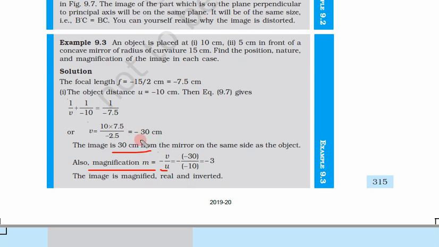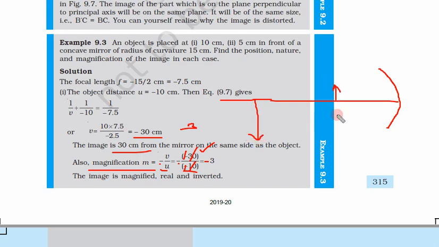So we have calculated v is equal to minus 30 centimeter, and there is one minus because of this formula, and u was already 10 centimeter but on the left side, so minus 10. So one minus and one minus get cancelled. 30 divided by 10 is equal to 3. So minus 3. So definitely this image, so this was our object, this image will be 3 times larger but on the negative side. 3 times larger than the object. So if the height is h, this would be 3h but on the negative side.